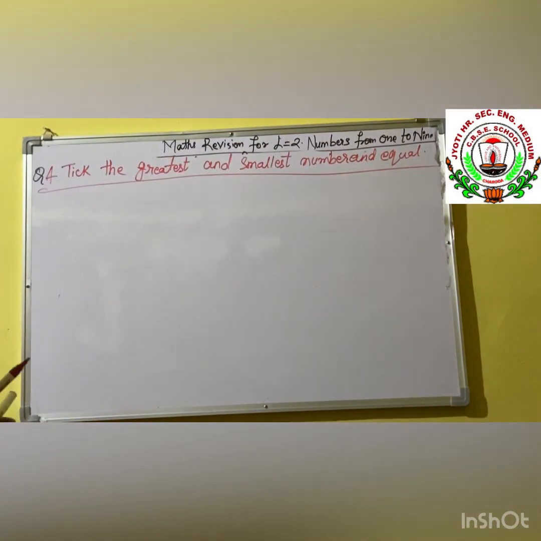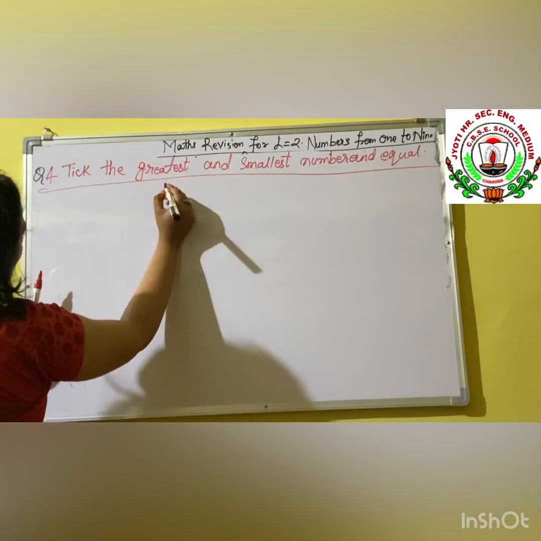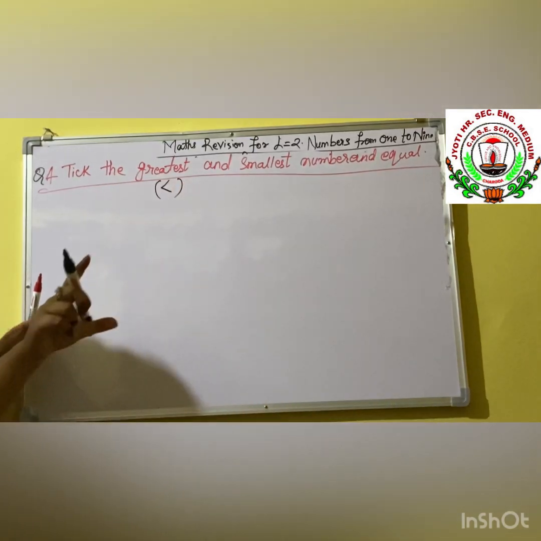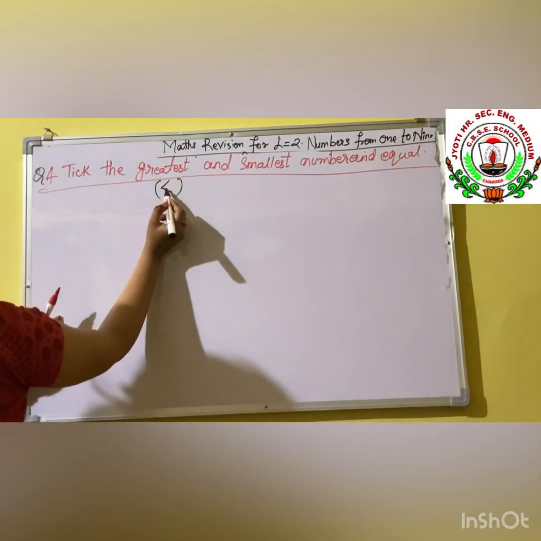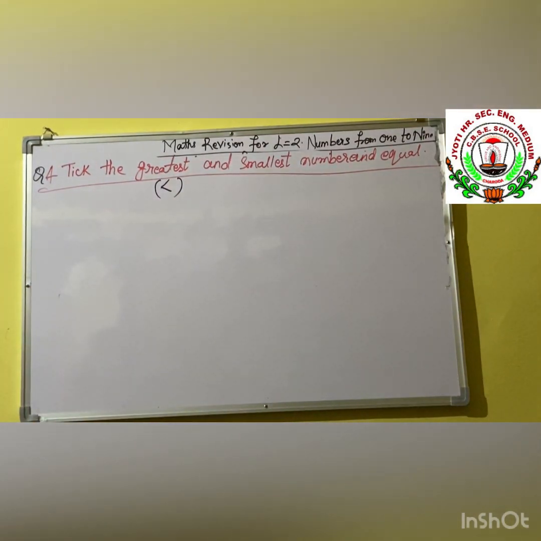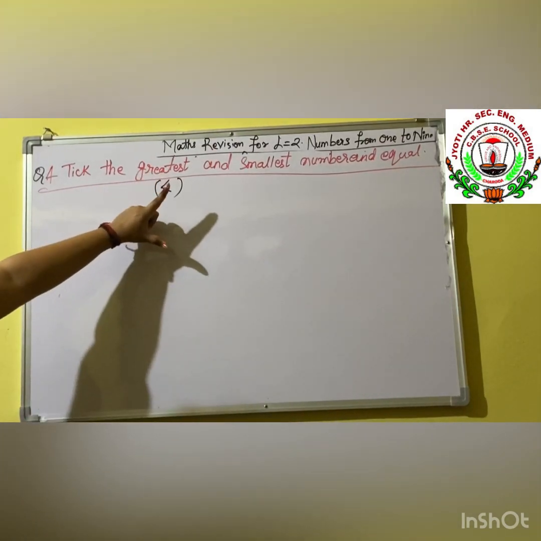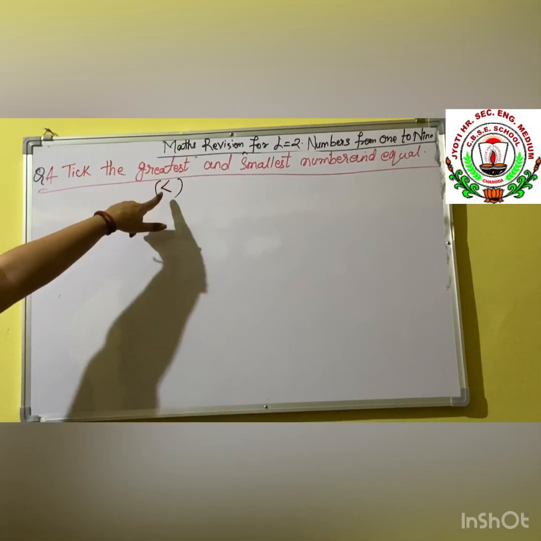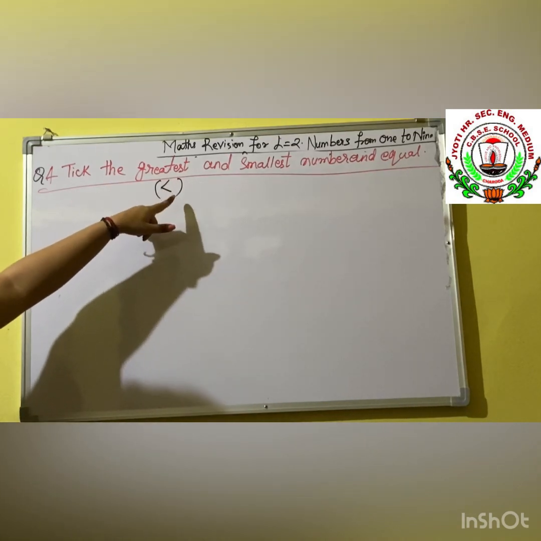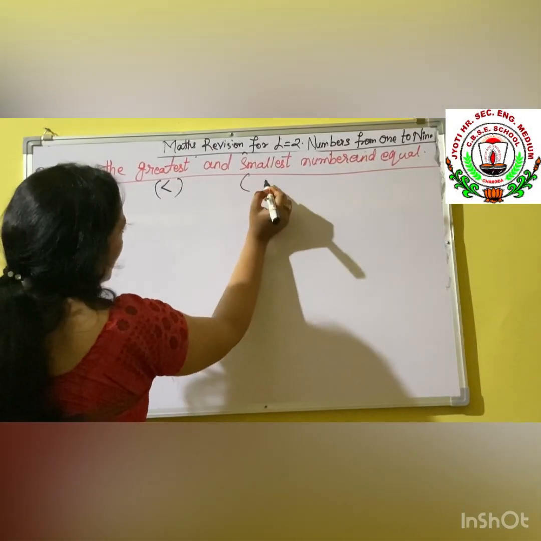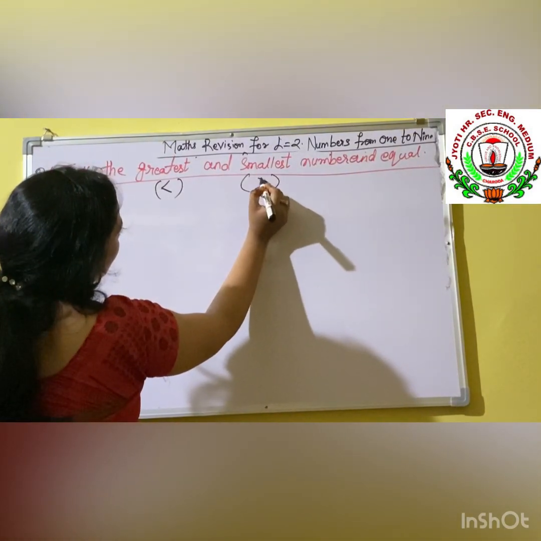You all know the sign of greatest. Greatest means the mouth is open. This is called an open mouth, and this one is closed. If we have to show the greatest, for example, if we like chocolate, we will open our mouth, and if we don't like something, we will close our mouth like this. So this is the greatest number, which we like. On that place we will open the mouth, and which we don't like, we will close our mouth like this.